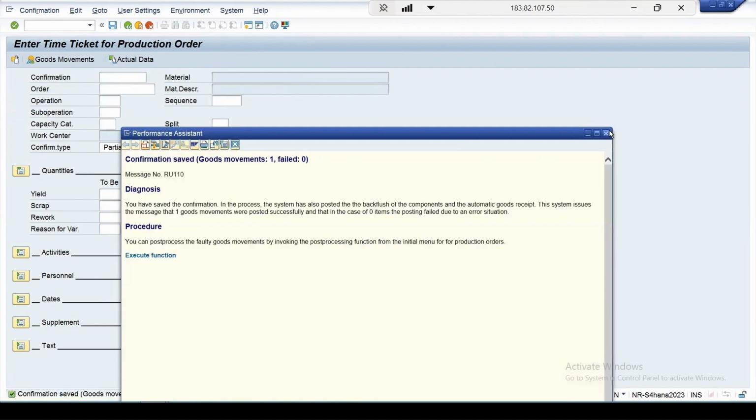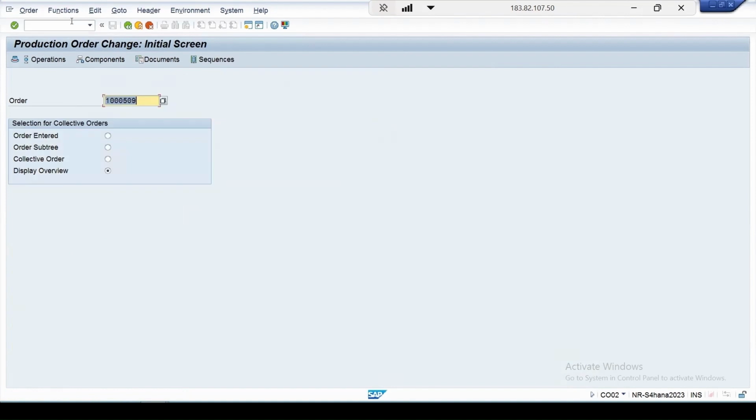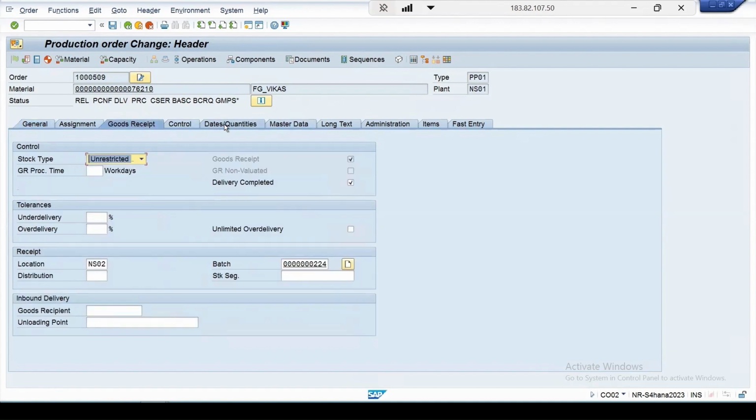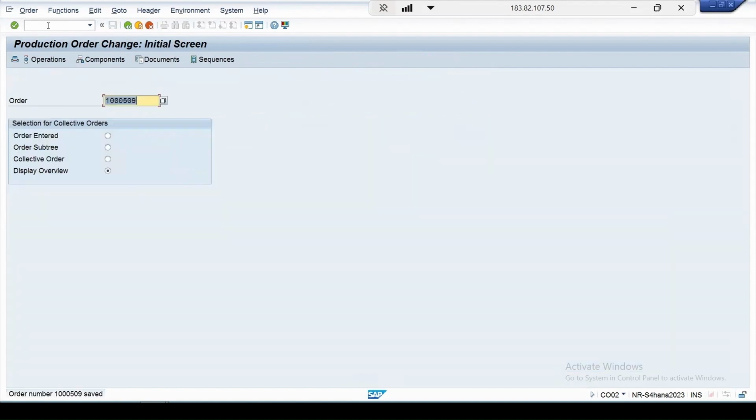We can check the stock for this material. CO02. Okay, let's enter key, and if we check the dates and quantity here, order is 25, delivered is 25, committed is 25. Okay, so let's save it, and if we check the stock report,